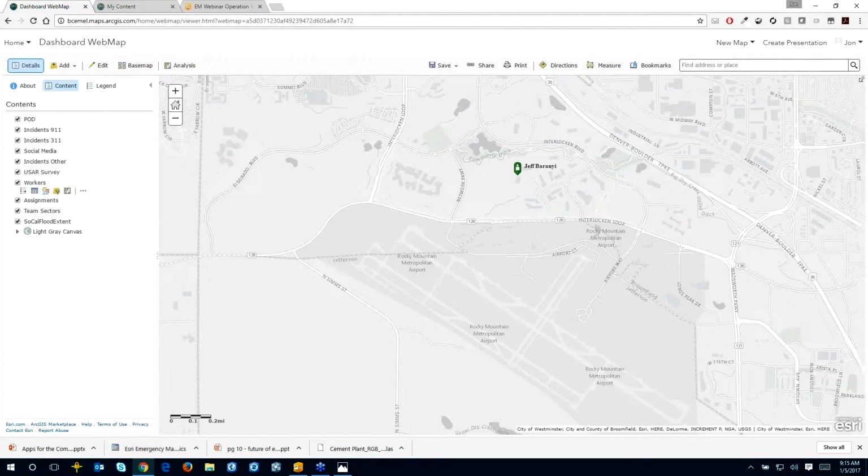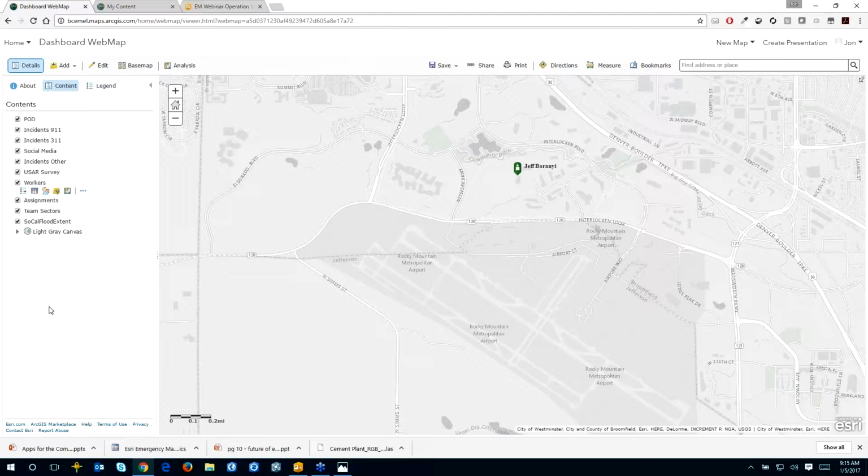WebGIS, whether that be portal or online. So these are feature services. Again, they can be hosted feature services or they could be coming from a server. Some of these may even be instances coming from other systems such as Intermedix's WebEOC. Maybe your pods and your shelter layers are coming directly from those in real time and being refreshed on your